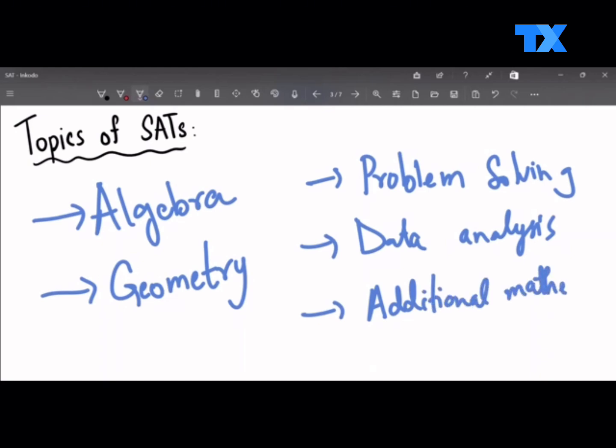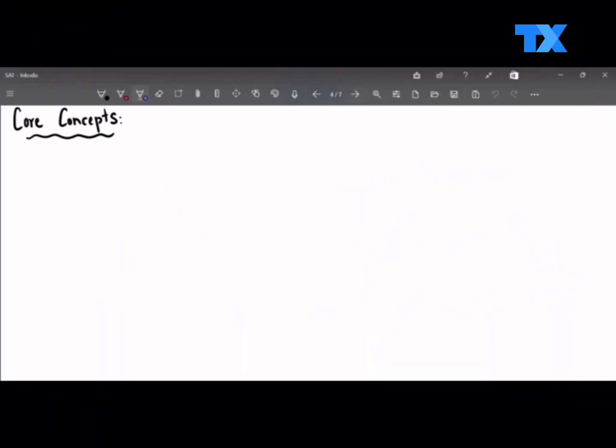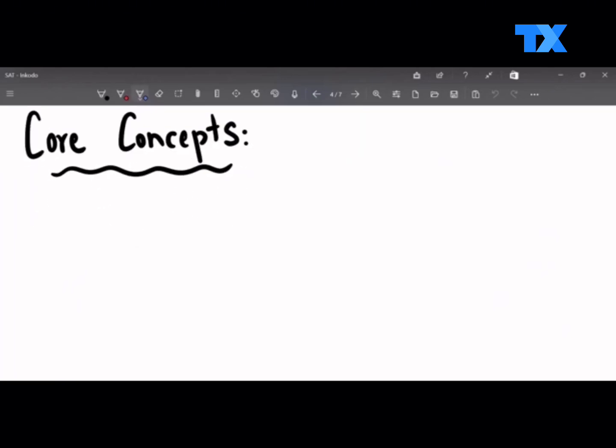Okay, so problem solving and data analysis is something you should be very careful with while you deal with questions that are a part of this section. While for algebra and geometry, your basics, your fundamentals, your knowledge of formulas and their application should be very good. Now let's talk about the core concepts. The core concepts needed while you're planning to sit for the SATs include